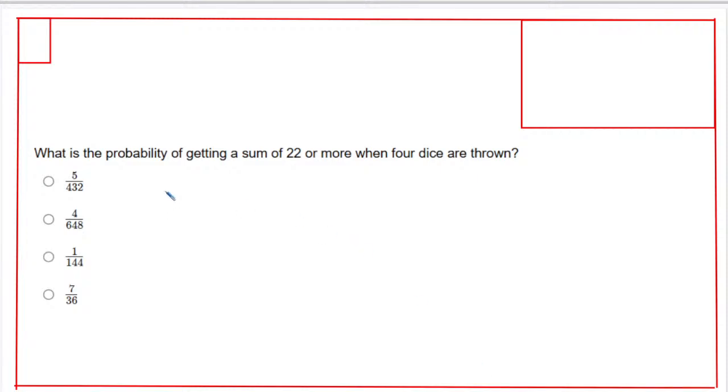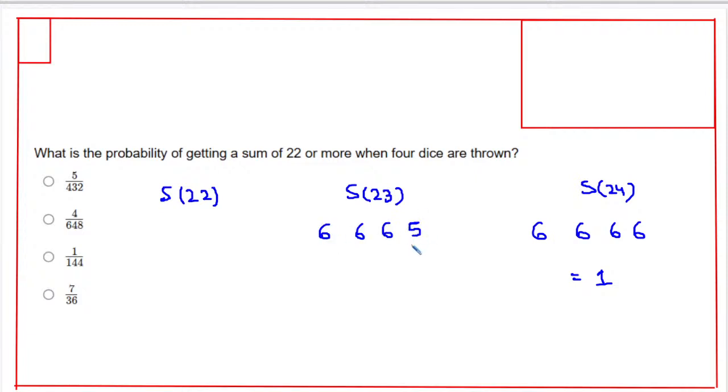So we have to make a sum of 22, sum of 23, and sum of 24. Sum 24 can be made if all the 4 dice have 6 on them. This can be done in one way. Sum of 23 can be made if there is a 5 on one of the dice. The number of ways is 4, like 5 can be placed on 4 places. And sum of 22 can be made. It is 18 and 4, 22. So this possibility is done in 4 ways. And it can be like 5 and 5. This is also 22. This can be done in 4 factorial by 2 factorial by 2 factorial ways, which is